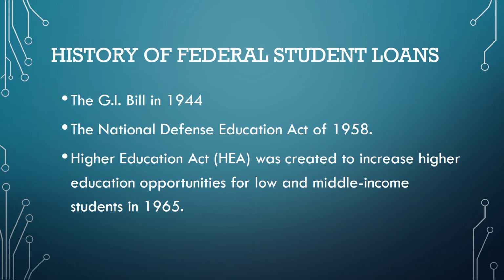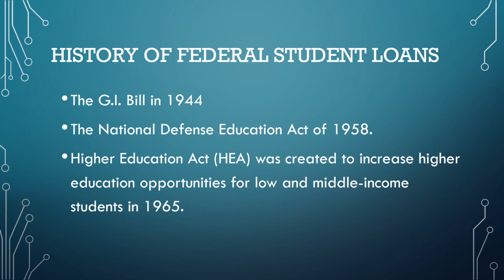The GI Bill was passed in 1944 and allowed World War II veterans to pursue a college education at a free or reduced cost. The GI Bill is important to the federal student loan program because it represents one of the earlier relationships between the federal government and higher education. It was then that the federal government provided veteran students with funding to pursue post-secondary education.